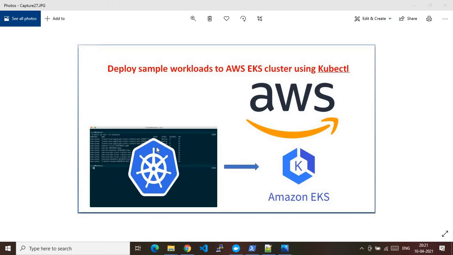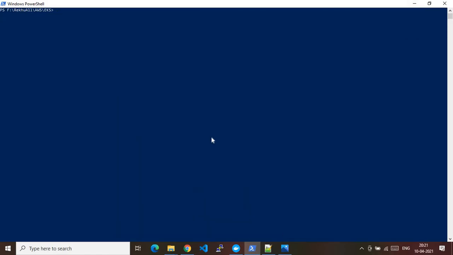You also need an AWS account where you can create an EKS cluster and publish a workload, that is, publish an example application to that EKS cluster. With that note, let's jump directly into the demo. Here I'm using PowerShell to do all the required jobs, whereas you can use CMD as well. Let's first log into our AWS account using the command aws configure.